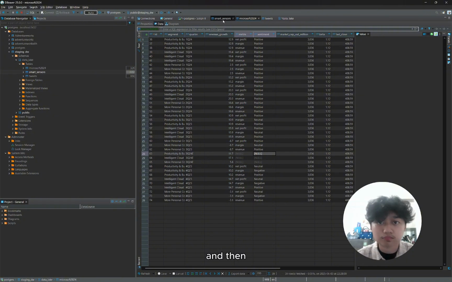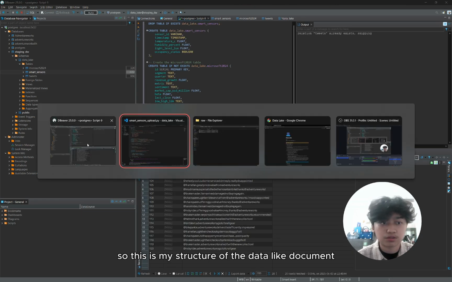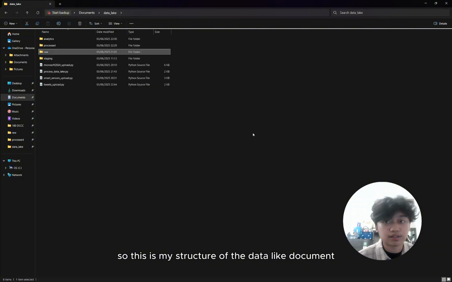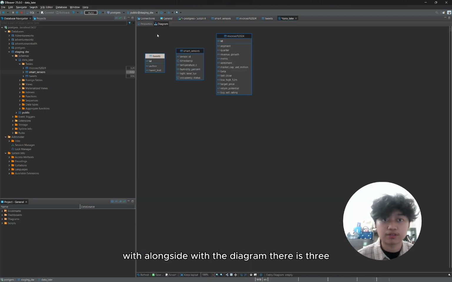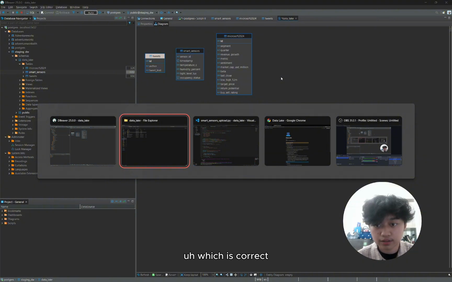Okay, I think that's it. So this is my structure of the data lake documents. This is the data pushed into DBeaver, alongside the diagram. There are 3 tables, which is correct.